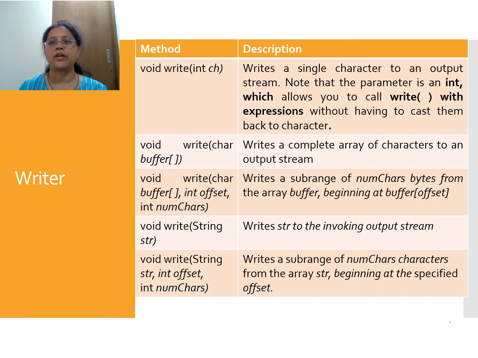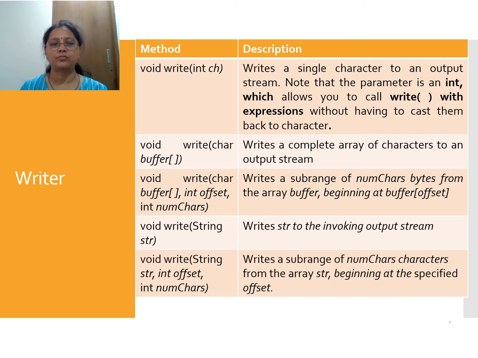The first write method writes a single character to an output stream. Here you note that the parameter is int, which allows you to call write with expressions without having to cast them back to character. The second write method writes a complete array of characters to an output stream. While this third write method, which takes 3 parameters, writes a subrange of number of characters from the buffer beginning at the offset